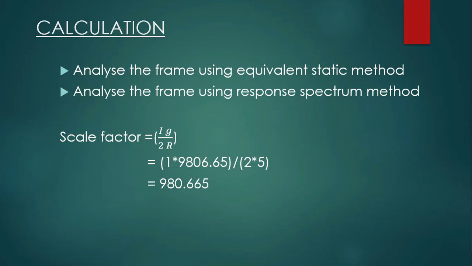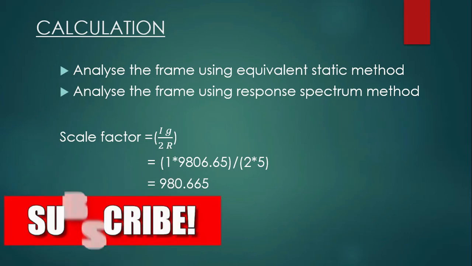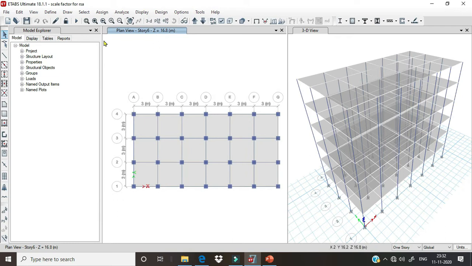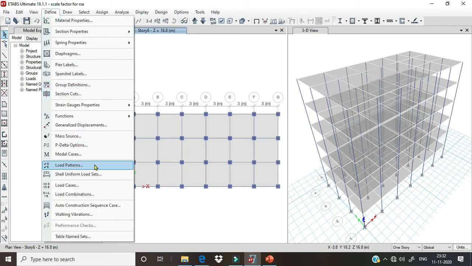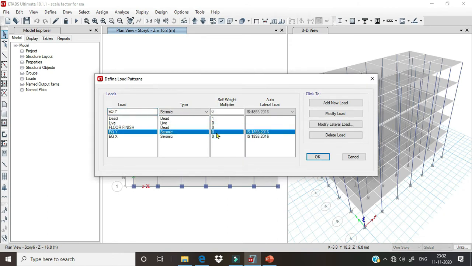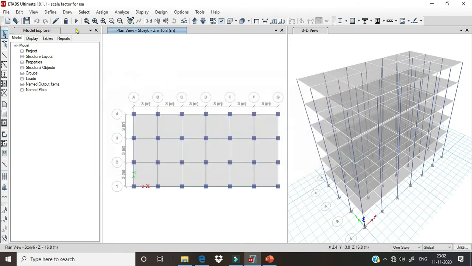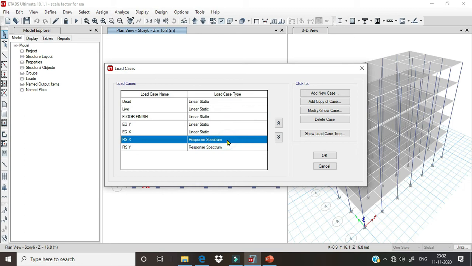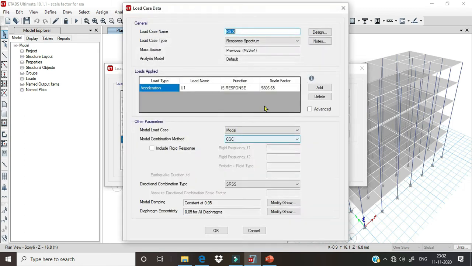And I have taken the value of I and R from IS code 1893 2016, and I have taken I as 1 and R is equal to 5, and I have put the value of g in mm per second square. And let's see why I have taken this g as 9806.65. So this is the interface of Etabs, and I have defined the equivalent static load in earthquake load in x direction and in y direction also, and I have also defined the response spectrum load case in x direction and in y direction. And here you can see the scale factor is